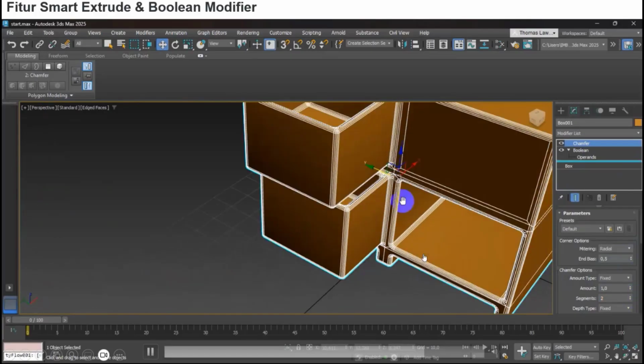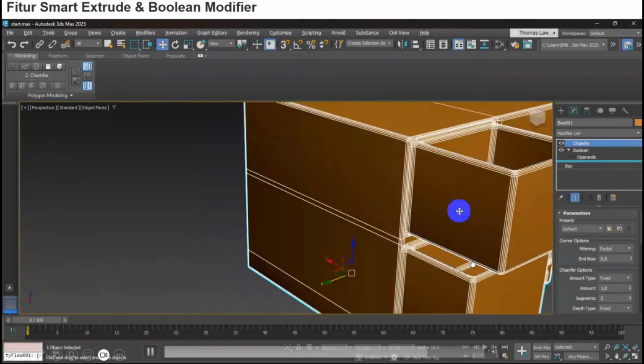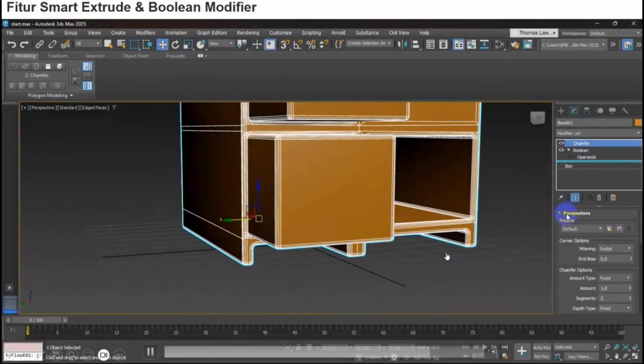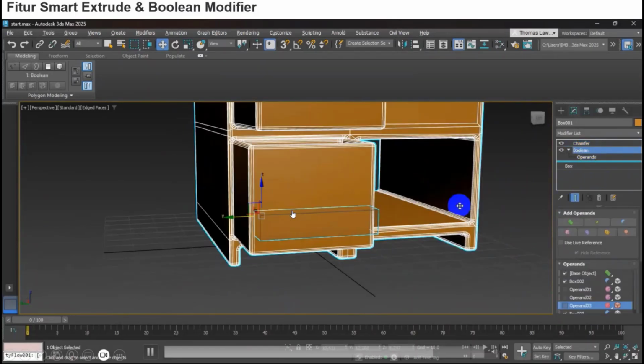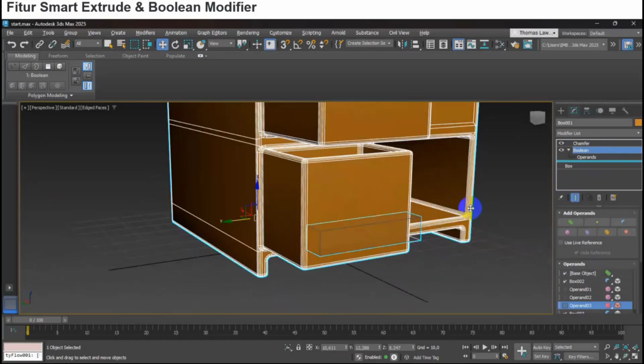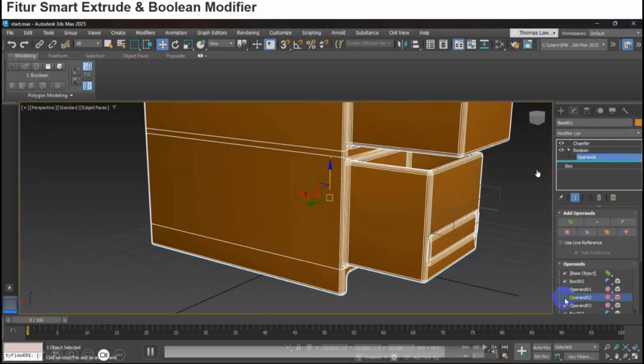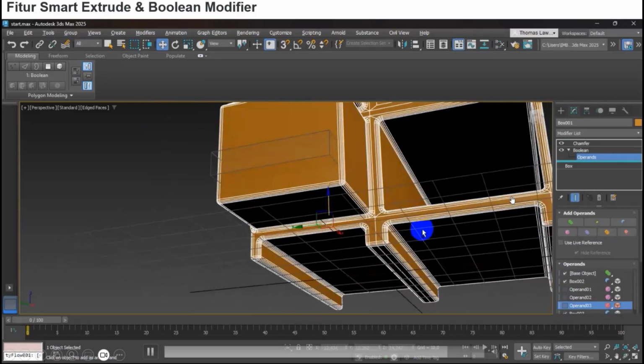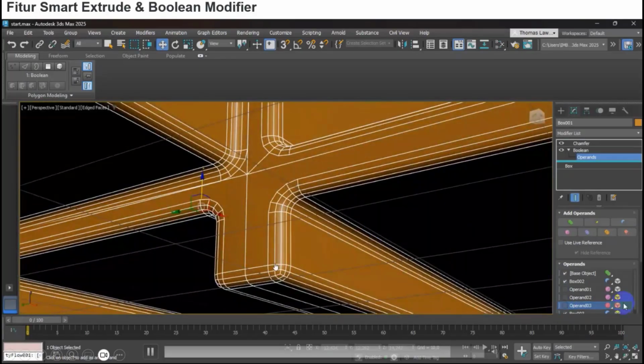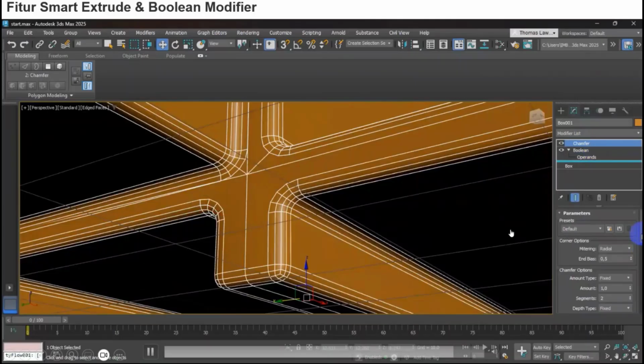You can see it is more smooth, and it automatically stays live with the Boolean dynamic. Even if you change the Booleans, they automatically carry over to the chamfer modifier. This is the beautiful thing when we combine all the tools: smoothing the edge by using Boolean, mixed with the Boolean modifier and chamfer, more easily.